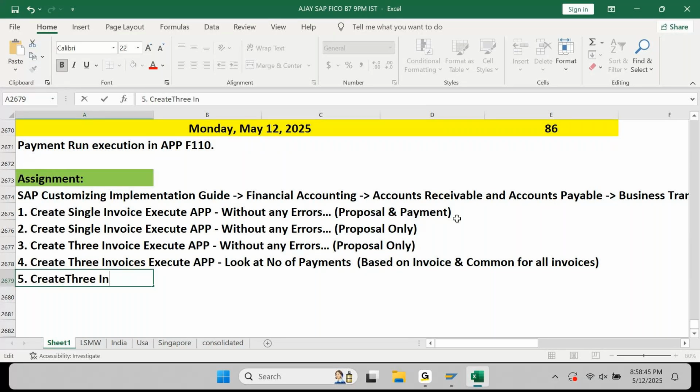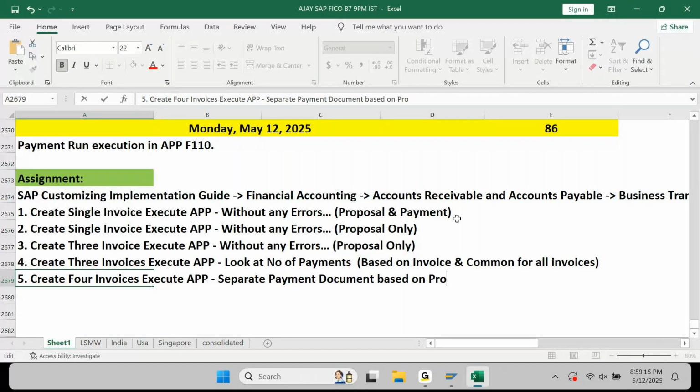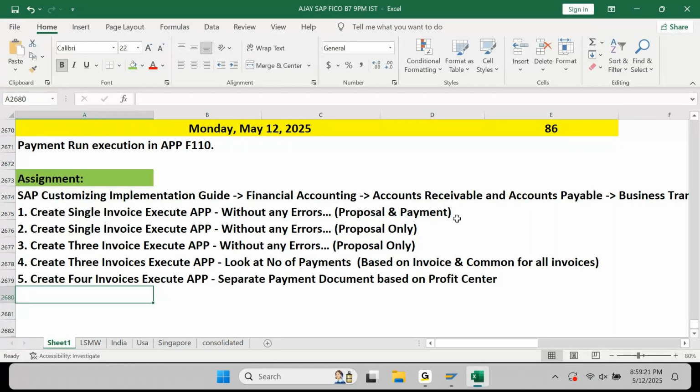Create, let's say, three invoices, or I'll say four invoices. Execute APP, separate payment document based on profit center. Till here you do it. And additional assignment,